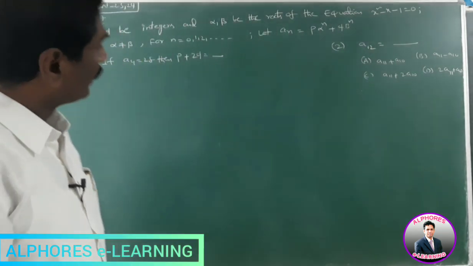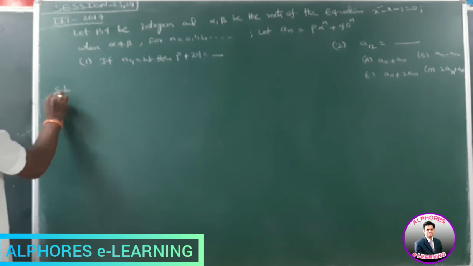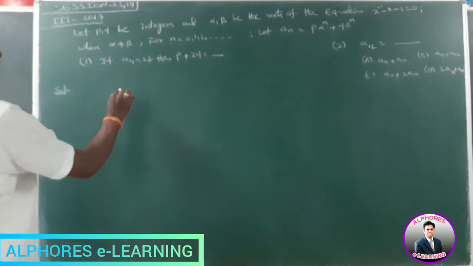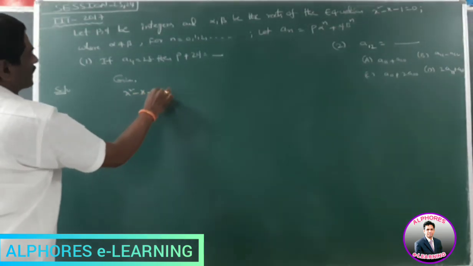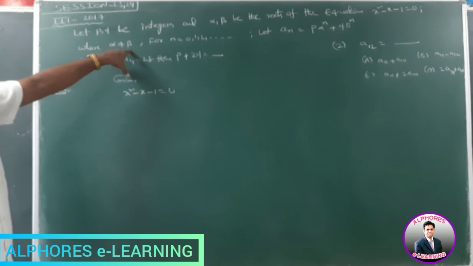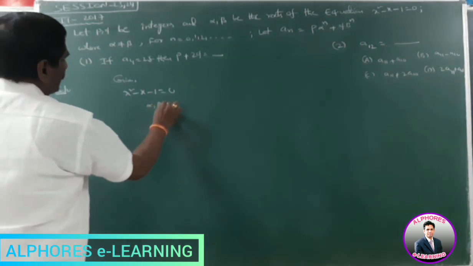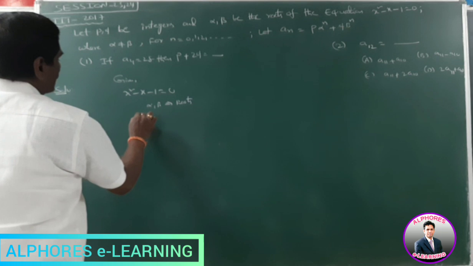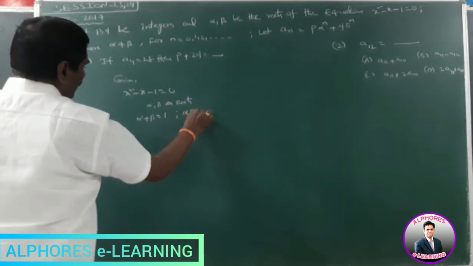Okay. First, the given quadratic equation. What is the given quadratic equation? x square minus x minus 1 is equal to 0. In this case, there are two roots, and the two roots are not equal. Apply minus b plus or minus root of b square minus 4ac by 2a, we get alpha, beta. Now, alpha, beta are the two roots of this equation. We know that the sum of the roots is equal to minus b by a, that means 1. Product of the roots, alpha beta, is equal to minus 1.